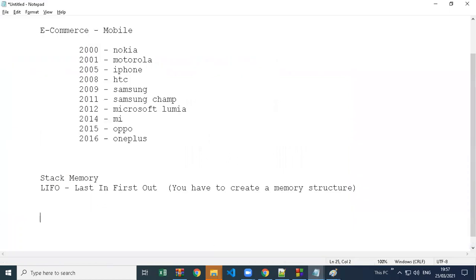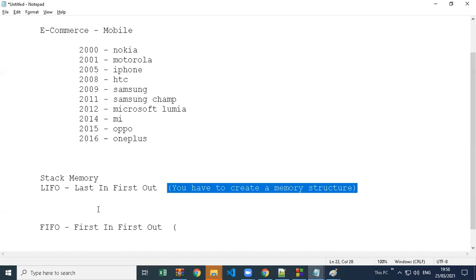So similarly, we have something called FIFO. Now what is FIFO? First in first out. Yeah, so that is last in first out. So of course this is called first in first out. So again you have to create the memory structure like this to do the FIFO. Now FIFO is common, like whatever you store, you want to display that data. Whenever you store a data, if you wanted to display in same order. So mostly in all the programs we display in same order.